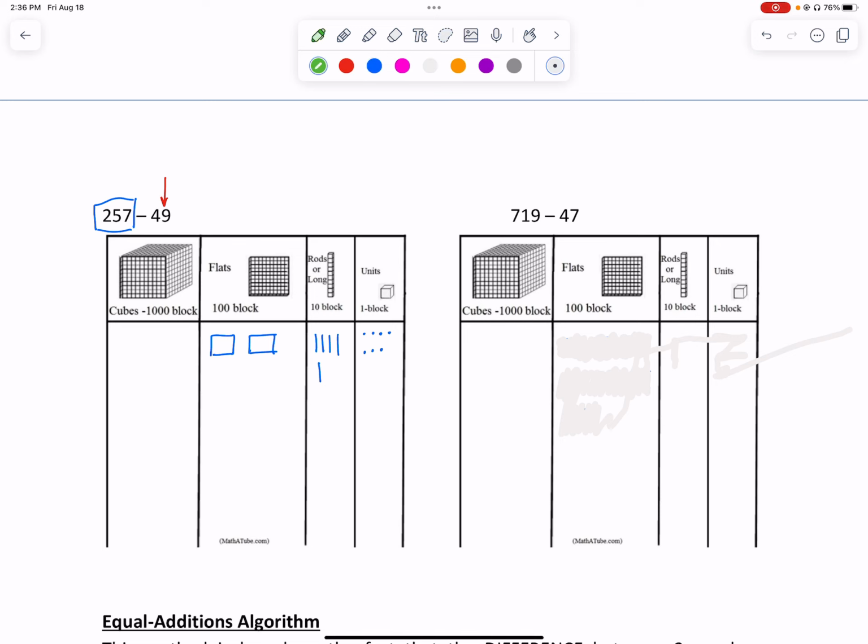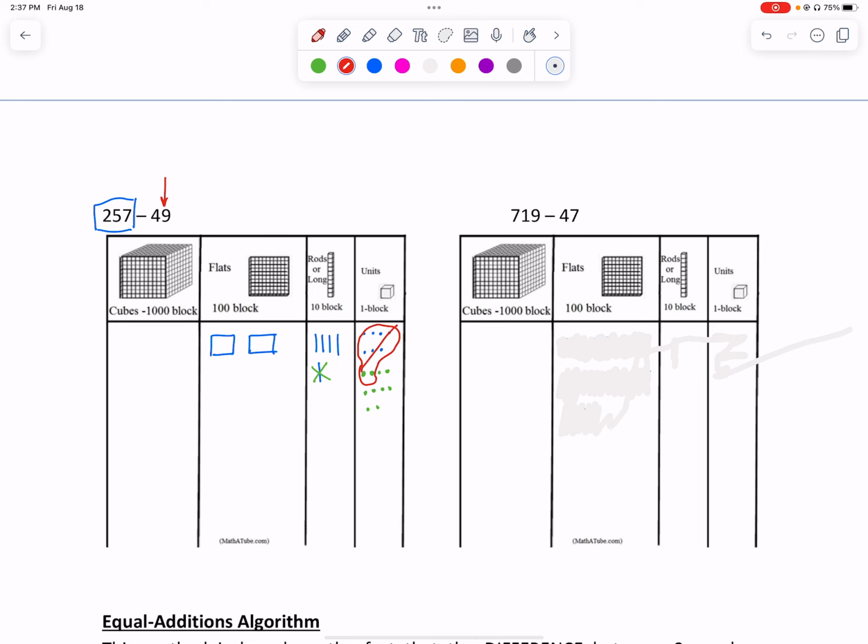So we're going to have to take one of these rods. I'm going to cross it out, and instead I'm going to break it into pieces. And how many pieces will I have? I'm going to have 10 pieces because we're in base 10, right? Okay, so now we do not have that anymore, but we do have a whole bunch of little dots, a whole bunch of units. So how many units do we have? We've got about 17 sitting there. Now we can take 9 away. So I'm going to take 9 away, the blue ones, 7, 8, 9. So I'm going to take all of these